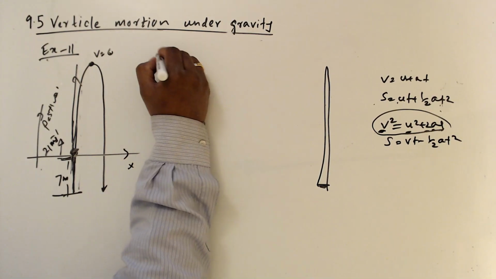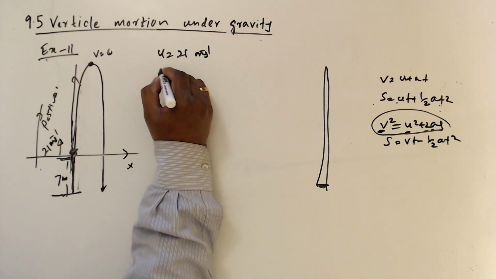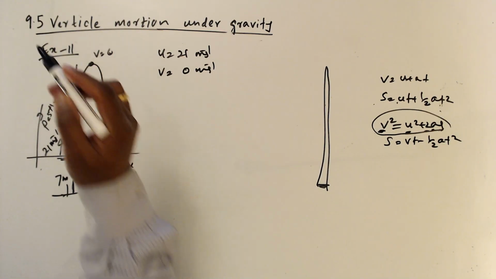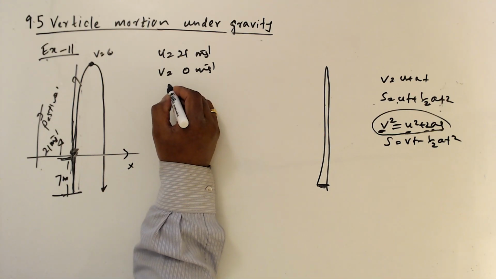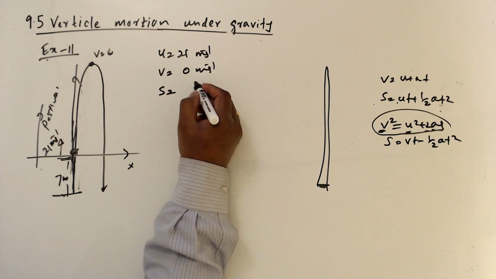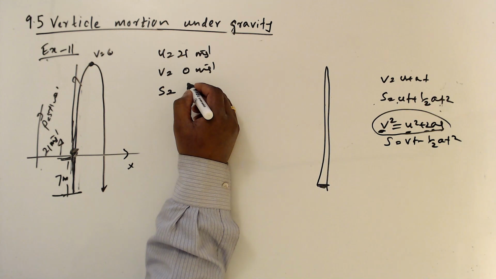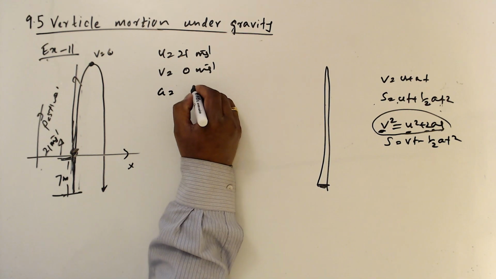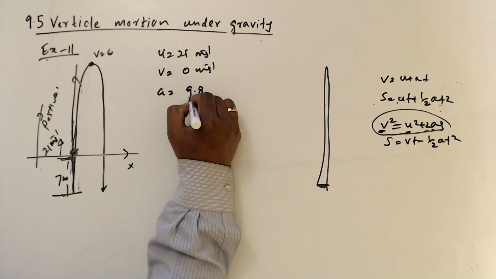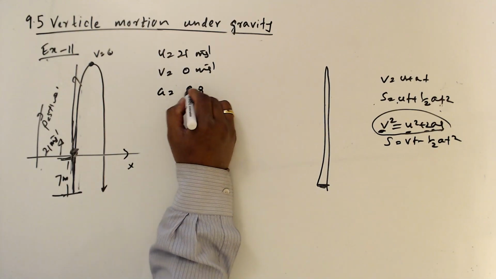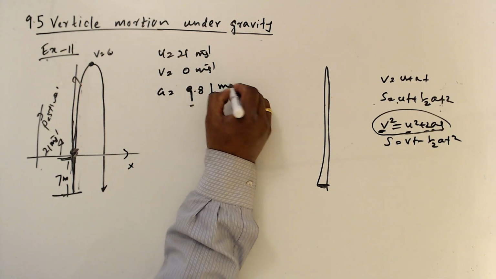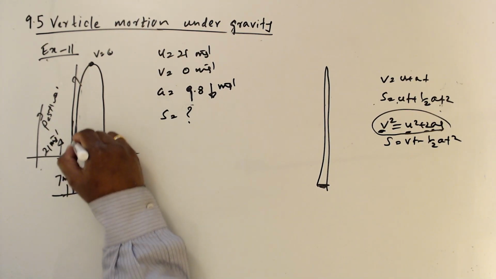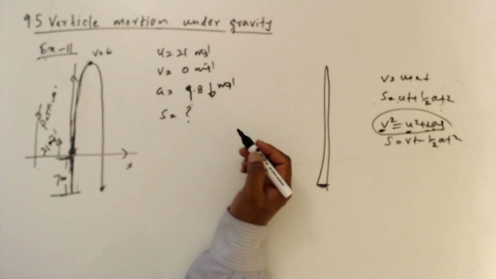So u is 21 ms^-1, v is 0 because before it turns the velocity becomes 0, and s is given... s we need to find, and a is 9.8 in this direction, ms^-2. So we need to find the height from here to here. So we can find that